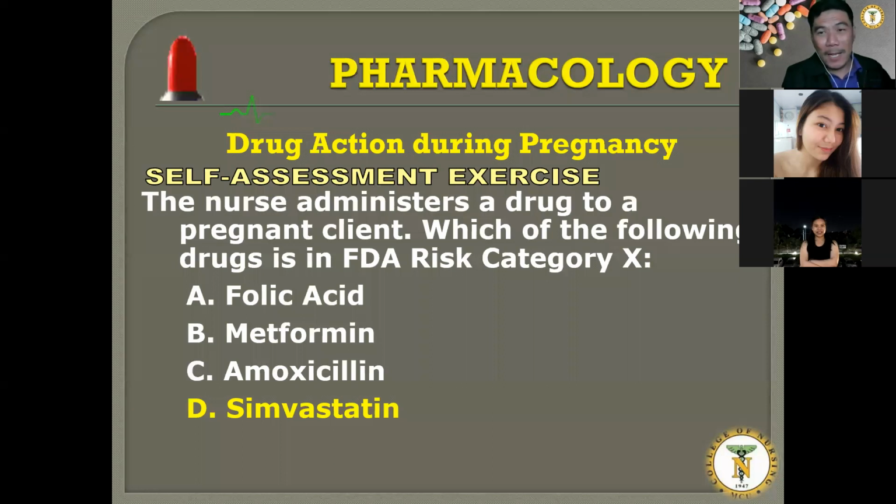And the answer is simvastatin. Simvastatin, the statins are anti-hyperlipidemic drugs. So that's why if you are aware that someone is taking this drug and confirm that she is pregnant, have the initiative to withhold the drug because it may be in category X, identified with high risk of